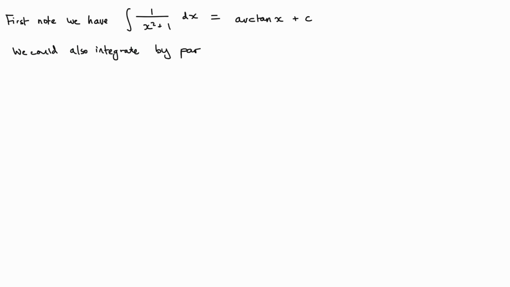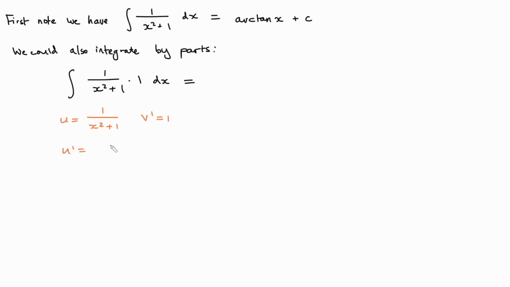So we'll start with the simplest case, without it being raised to any power, so just 1 over x squared plus 1. We'll just remember that that integral is arctan of x. You can substitute x equals tan u if you want to, and do that. Hopefully you've seen that integral, or you can see it in another video. Now, instead of doing that integral, we can get to the (x squared plus 1) squared one by integrating this first one by parts instead, using a trick of writing it as 1 over x squared plus 1 multiplied by 1. So I'll take the u as 1 over x squared plus 1 and the v prime as 1,